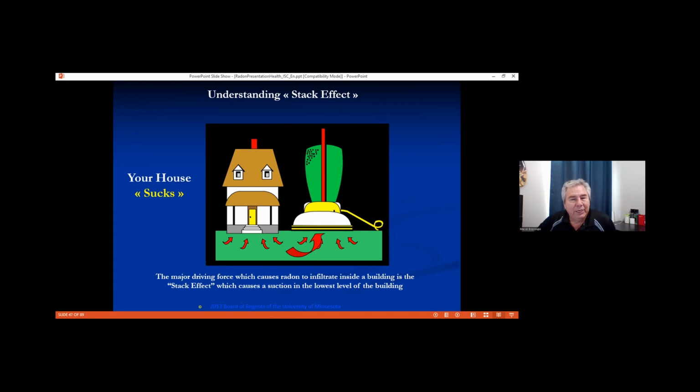But at 1/16 of an inch, it would mean that every 16 inches, that crack would represent an opening that's about 1 square inch. And when we measure the whole perimeter of your basement, that crack could represent a hole that's about 1 foot by 1 foot where the radon can infiltrate into your basement at that point. If you have a sump in the basement where you could put a sump pump if ever you got water in the basement and you didn't have a sealed cover on it, then that's simply another location where the radon can get into your home.